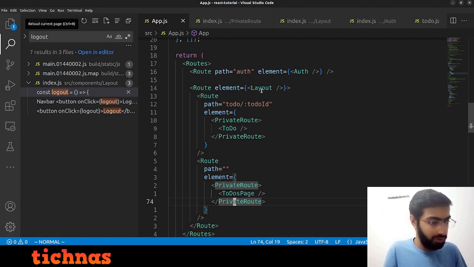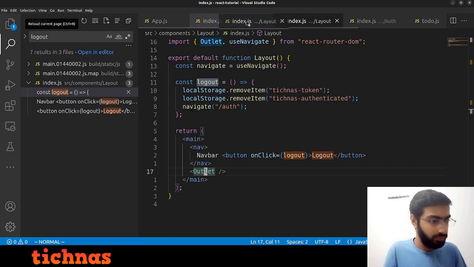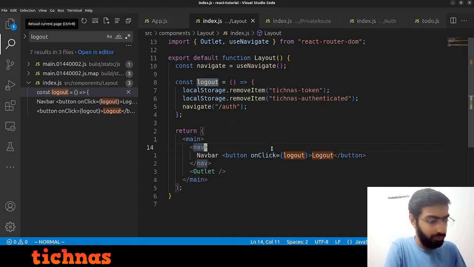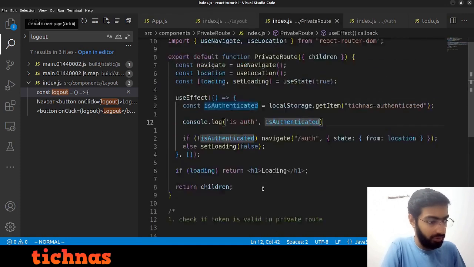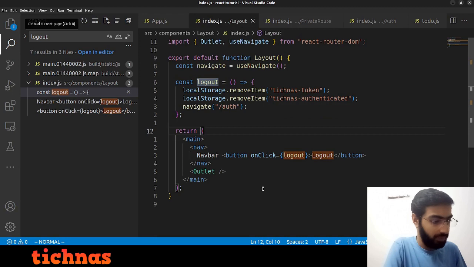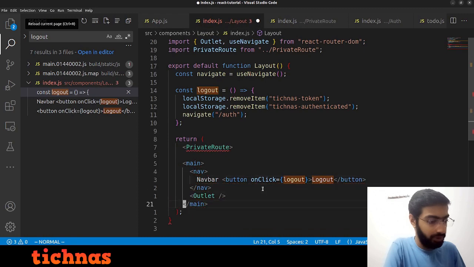Or actually what you can do is, if you open the layout, here only you can use private route. So this is assuming that your layout is used only where you want an authenticated user to go. So in layout only we will do, wait, what was private route? Yeah, private route does not do much, so we can use that. Import private route, put it like this,